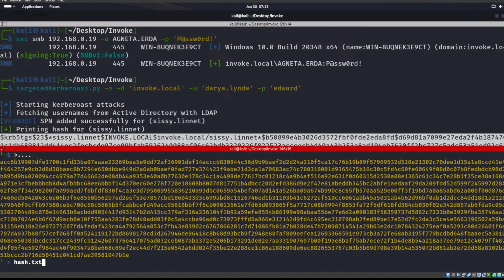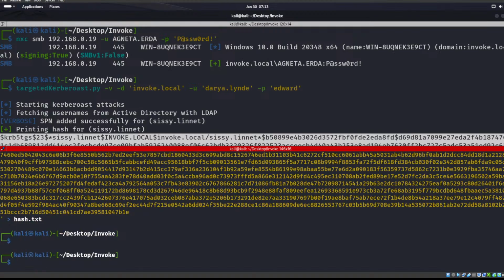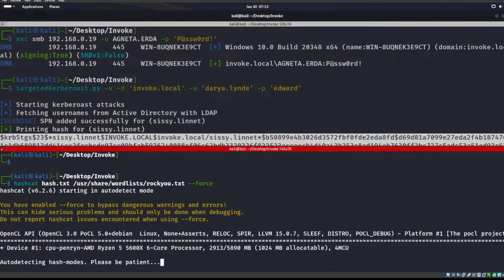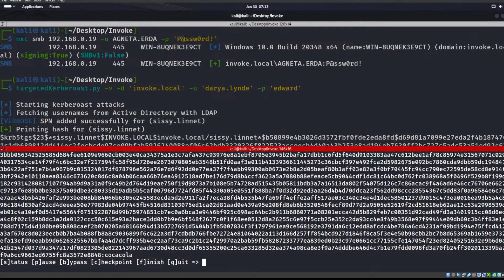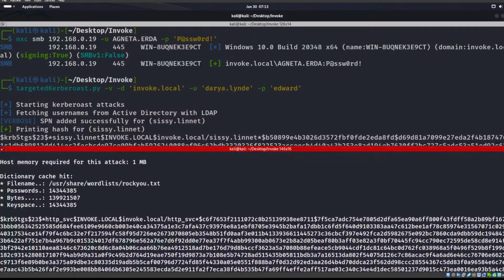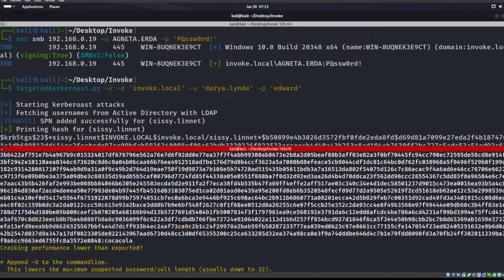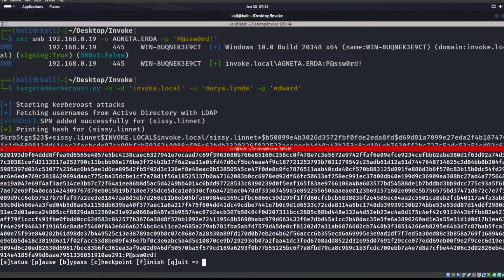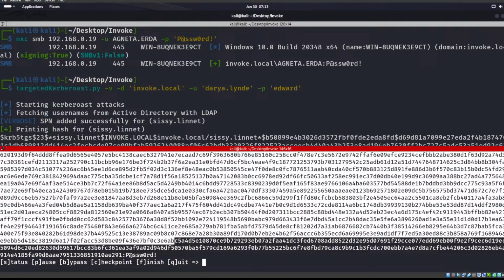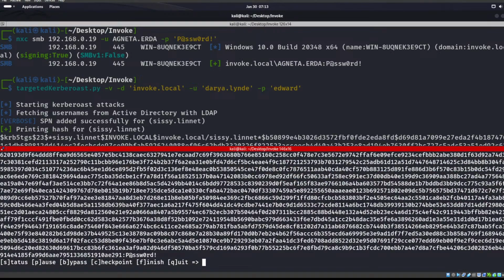Something of note is that with hashcat now, you do not need to use the -m tag anymore as long as it can figure out what the hash is. So we do see that we crack one password, which we did crack before with GetUserSPNs. Okay, so we've now cracked her password, which we just changed, so we already knew it. But that is what can happen whenever you have